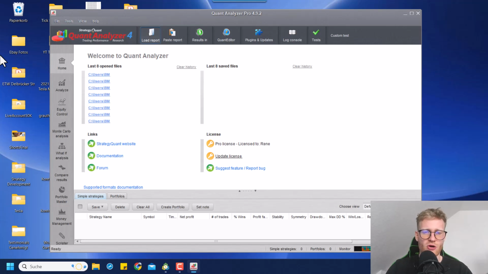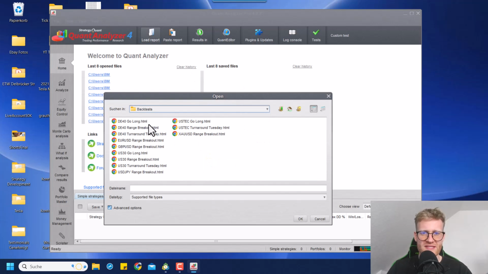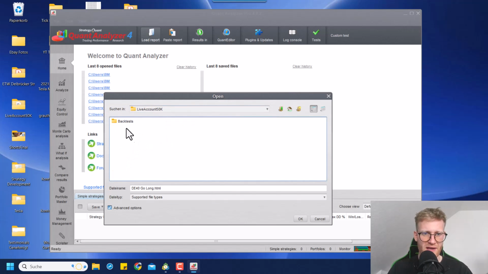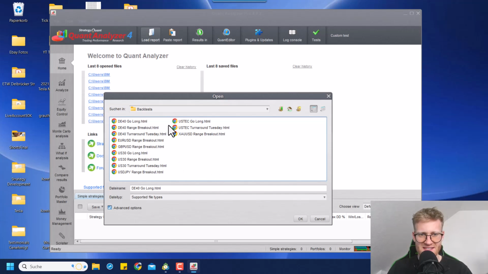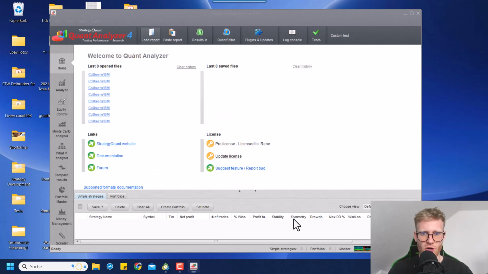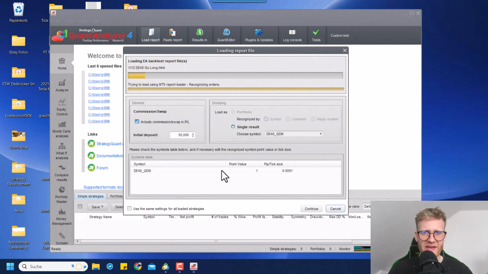And then if I click on load report, it will open this directory or file chooser, and I can just, like, this is the folder that I showed you before. Here on my desktop, I go to live account 50K, I go to backtest, and these are the tests that I showed you before, all of these 12 tests. So I can just select all of them at the same time, click on OK, and then it will load